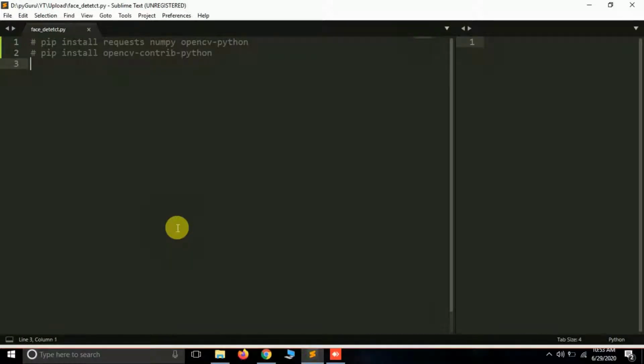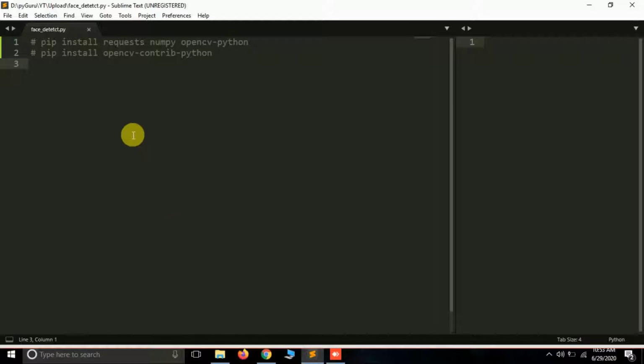Friends, in today's tutorial, we are going to learn how we can connect our Android camera with OpenCV. Then we can record videos or get images, and we'll move further and learn how to detect faces using the Android camera, or live face detection. So let's see how we can do it.